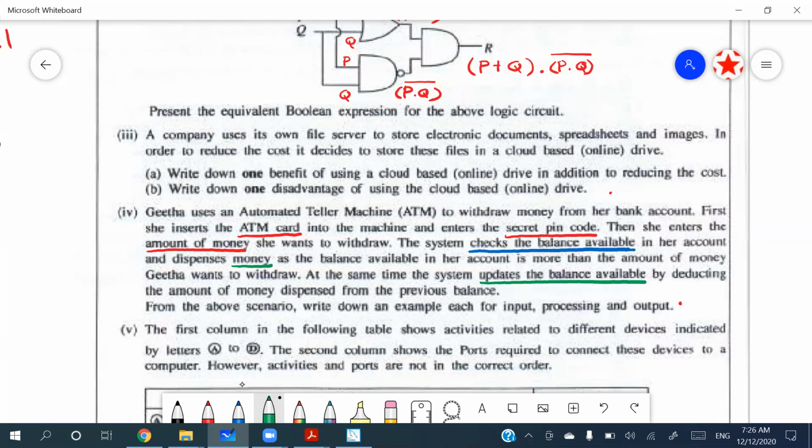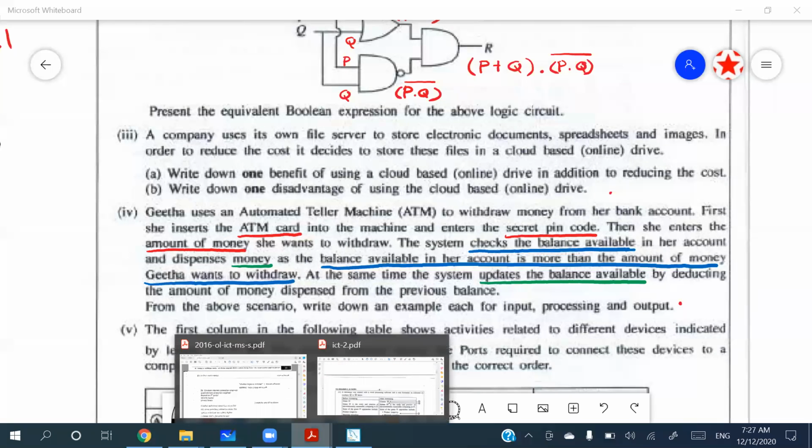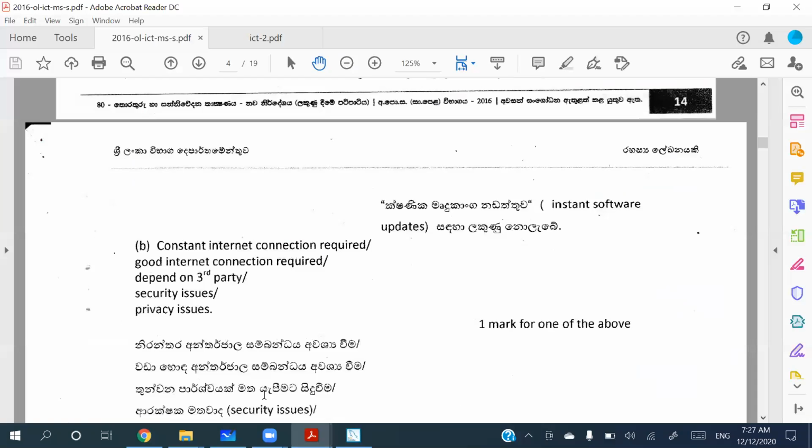So these are going to be inputs in red color, process in blue color, right? And I'm going to underline this particular thing as well in blue color, but you have to write it in a summary form, right? Right, so process and the output. So as the marking scheme shows,